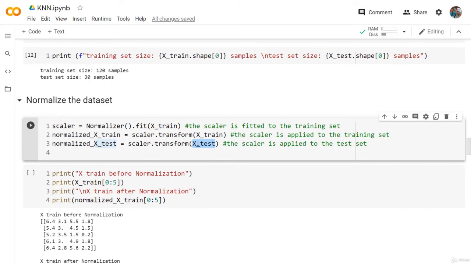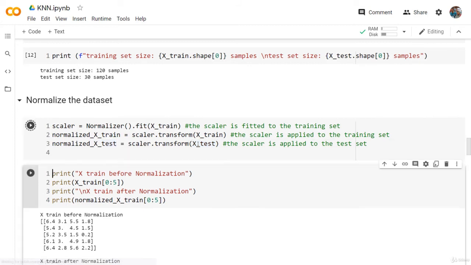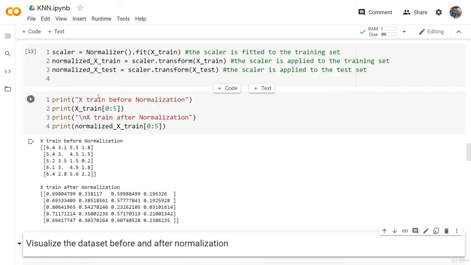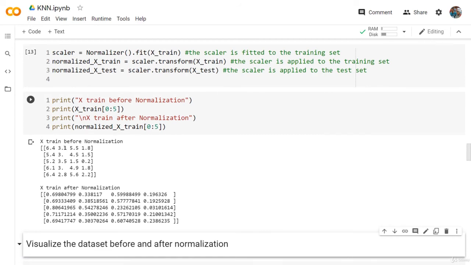And this is very, very important because the test data should represent the actual data in the real world, right? So we don't really have access to this data. What we have access to is the training data. So this is the only data we can use to normalize the dataset. So we normalize the training data and the test data using the training data. Okay, so as you can see here, this is a sample of the training data before normalization, and this is